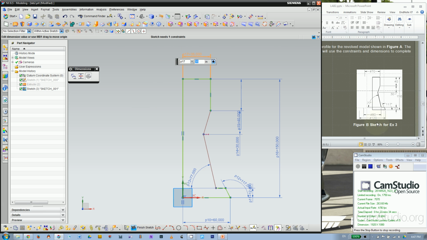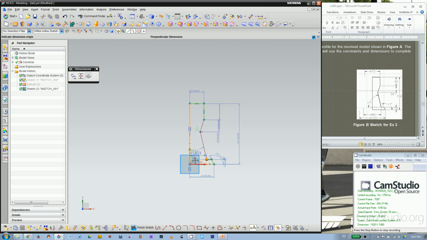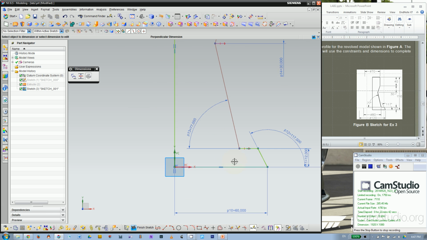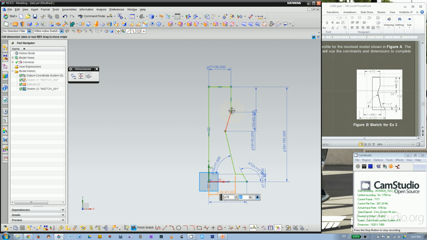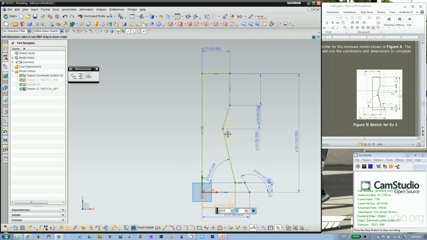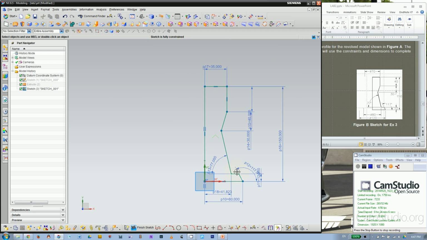We still need this 40 from this point to the rotation axis. So by the way, for this dimension you can click on the point instead of lines. So that's 40. And as you can see, the whole sketch is green. There's no degree of freedom now. So we're fully constrained, as you can see on the top. Now we're good for the homework